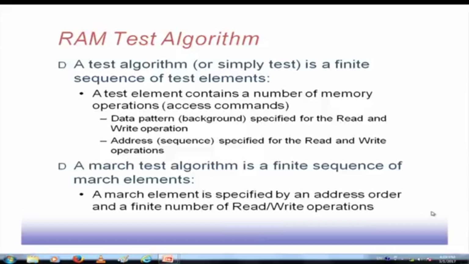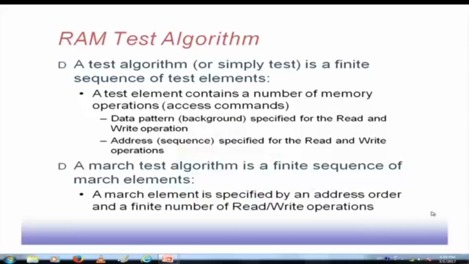So, a test algorithm, or simply a test, is a finite sequence of test elements, where each element has a number of memory operations. Memory operations are read and write operations. So, it may be an operation like a read, or it may be the operation like a write followed by a read. If we write a 0, then we would expect that while reading we will get a 0. So, write 0 followed by read 0 may be testing a cell for a possible stuck-at-1 fault. So, like that we can have a set of